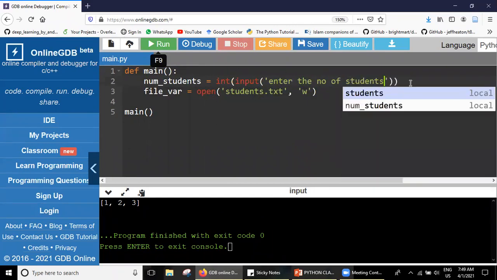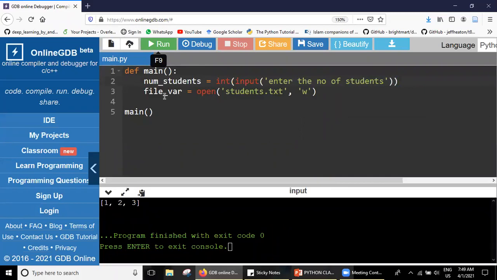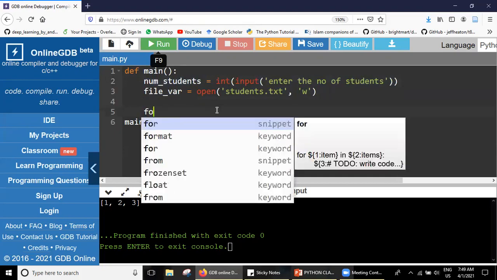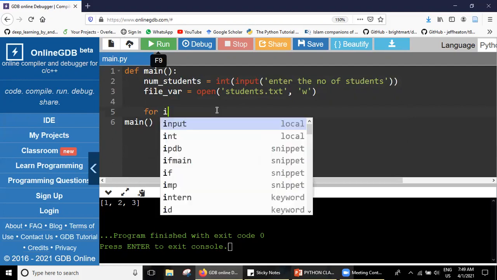Okay, once I got the number from the user, I create a new file using the file variable, and then I run a loop from 0, or I can say from 1 until the number. I use a loop for i.